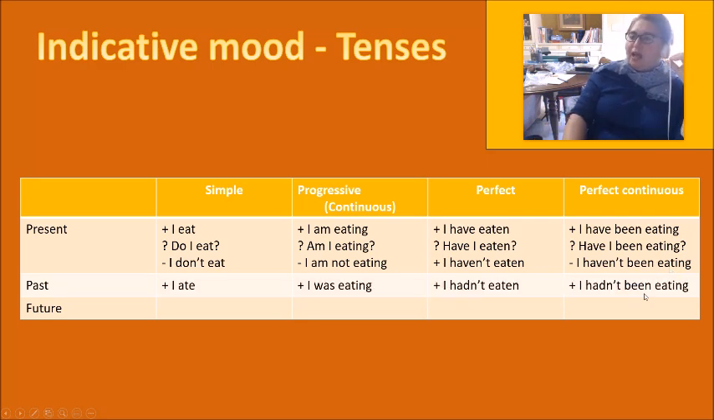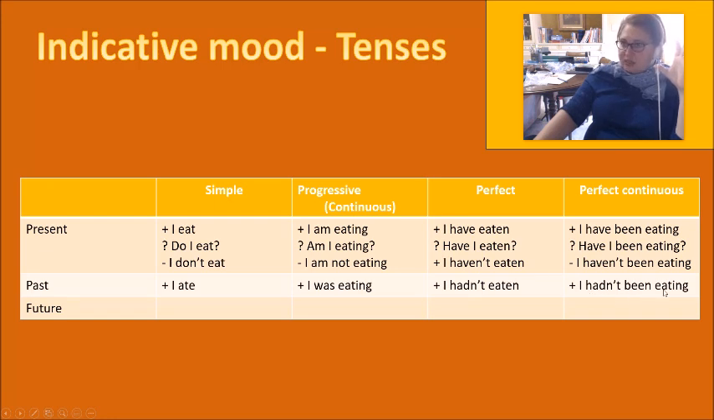Let's look what happens with the past. In the simple past, we take the second form of the paradigm. I ate. The rest goes as the rule dictates. So progressive, I use the simple past of to be. I was eating. Past perfect, I take the past of the verb have. I hadn't eaten. And the perfect continuous, I take the past perfect of be, which is hadn't been, and I